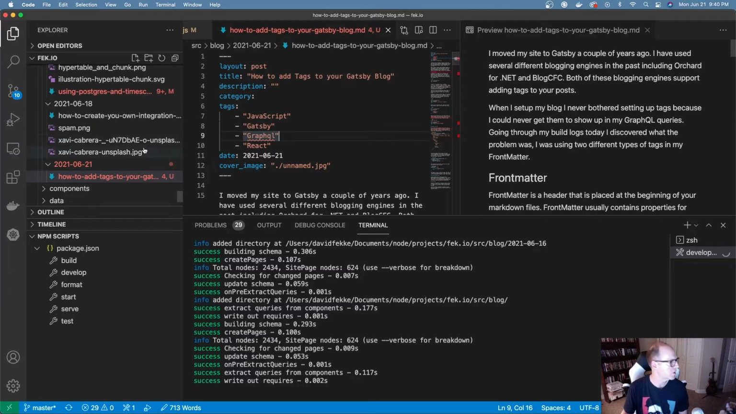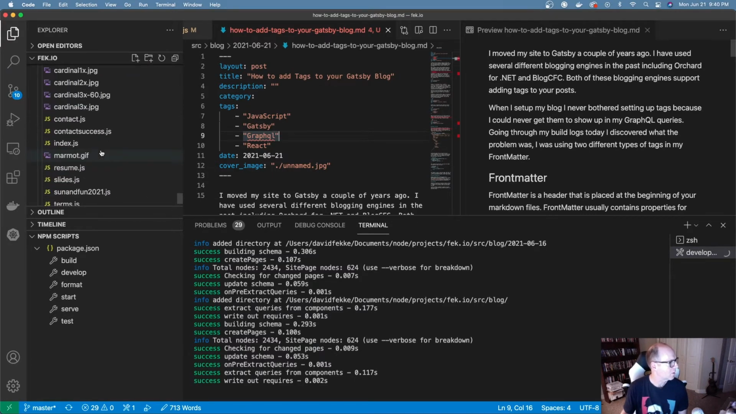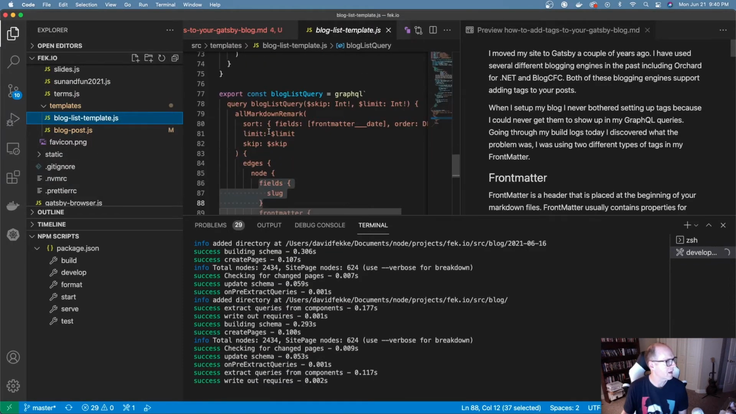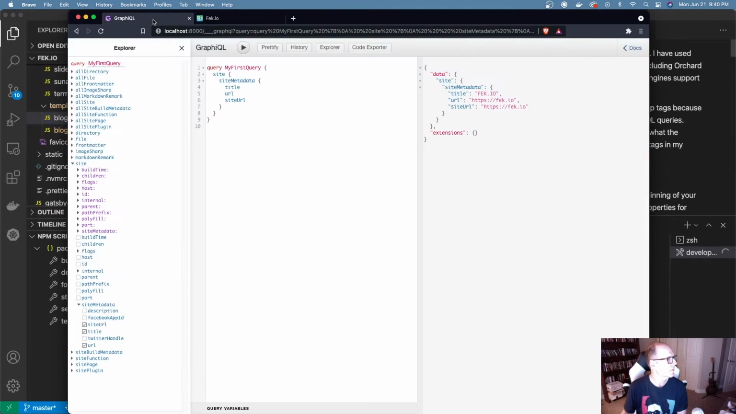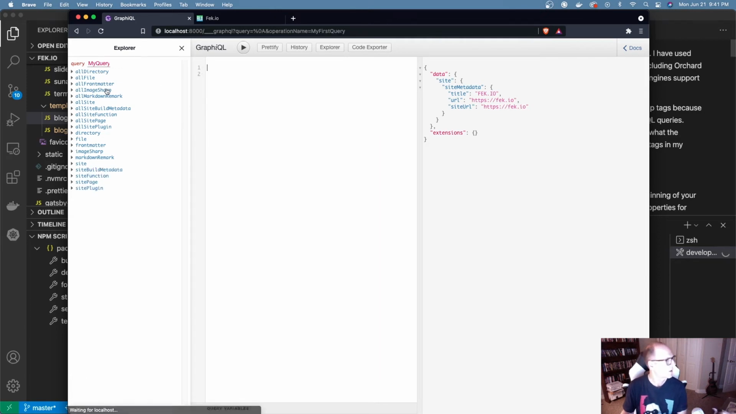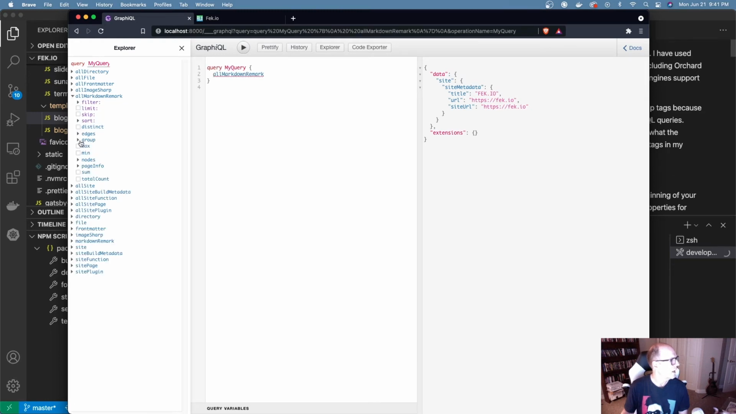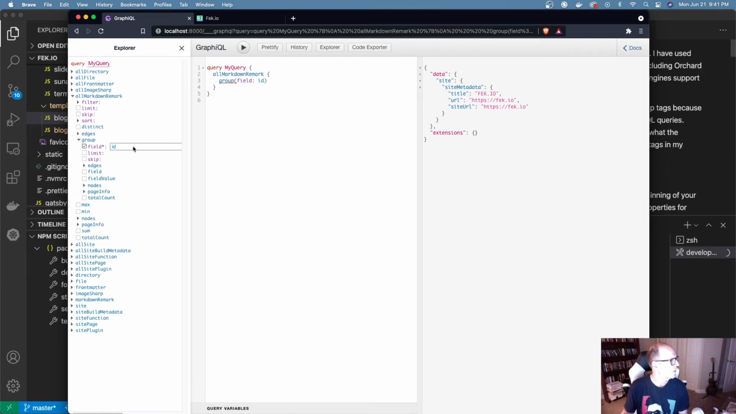After I made that change, I wanted to make sure that I can actually display those inside of my posts. In order to do that, I went into my templates for my blog, and I added the tags into my front matter. If I come here and take a look at the query, GraphQL, right now you can see I'm using the graphical editor right here to render these. But if I wanted to, I could delete this out, and come over here under all markdown remark, and select group,